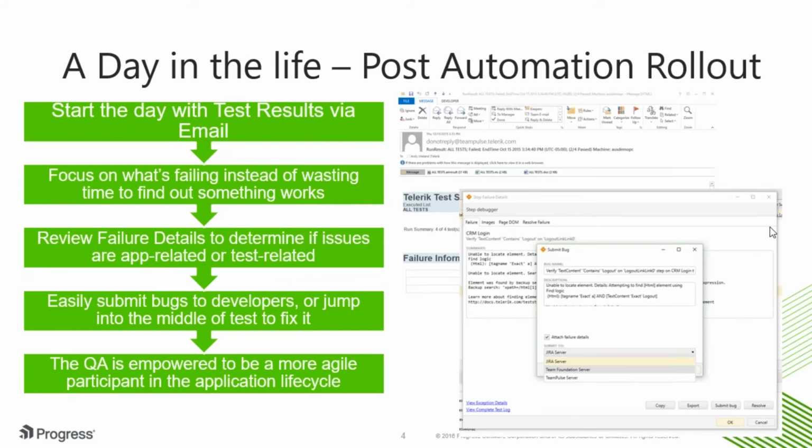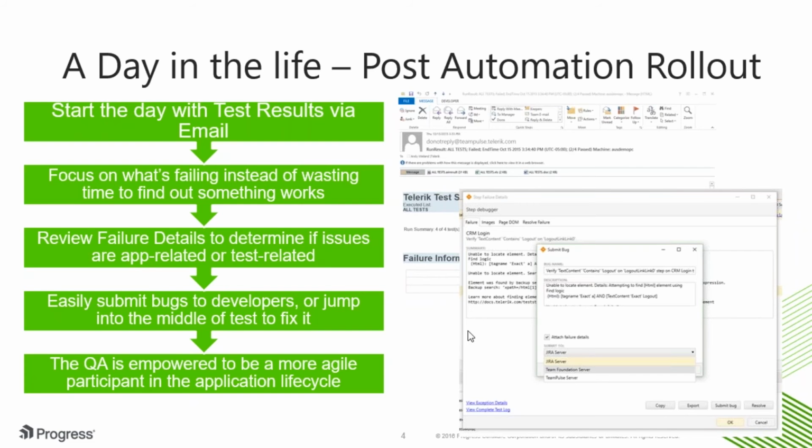You can start your day, as you can see in the background here, with an email notification that's been automatically sent out following a test list that has been run. This could be running over the weekend, or on a nightly or daily basis, and essentially it sends this email notification to anybody that needs to be notified, with attachments of result data. So this allows you to start by looking at what's failing